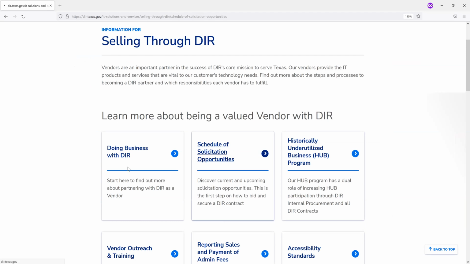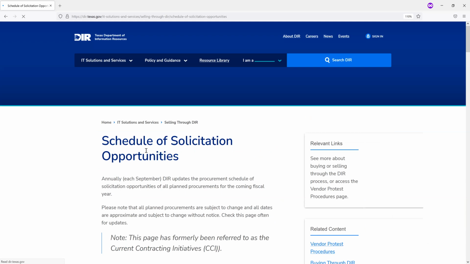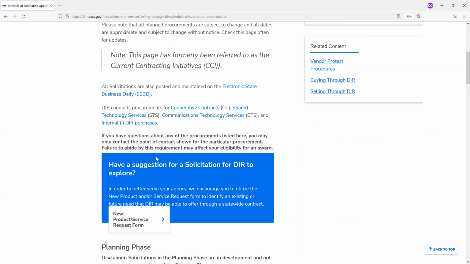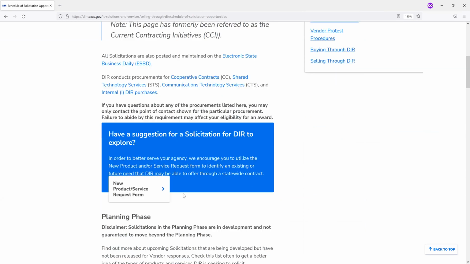But if you click on here, and again, I'm hoping to have this link on the IMA page, just because I just noticed that it's not as intuitive to get to. But we have every solicitation that's in various phases, either in a planning phase, negotiation phase, evaluation phase, closed, whatever, they're on this page. And again, it's the same information as before as our CCI page, but I wanted to showcase this button here.